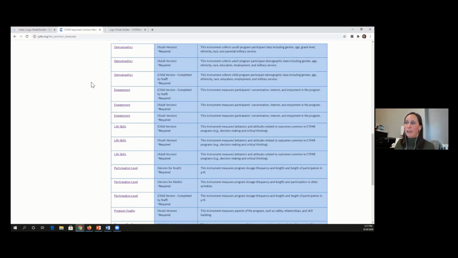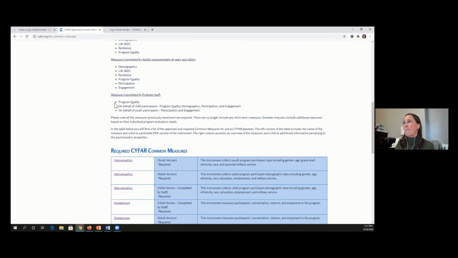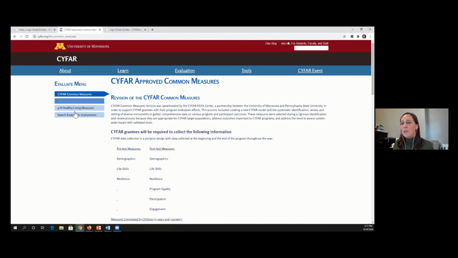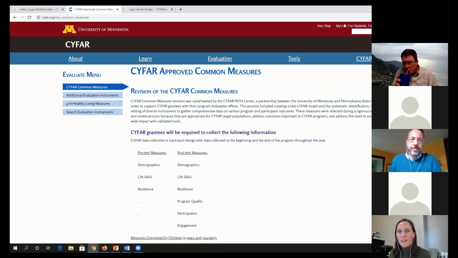And you can find all of these here. But if you are funded, the PDTA Center will help you with setting up these surveys and explain how you report on this data. I want to take a moment to see if there are any questions before I show the logic model tool. And I don't hear anything, so